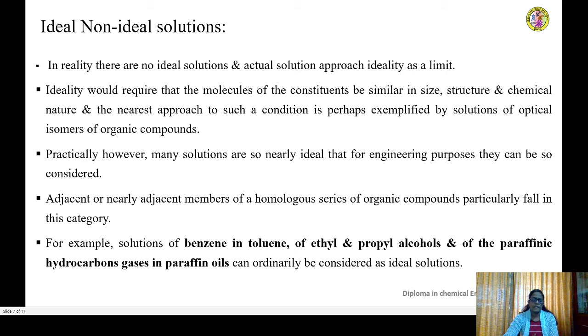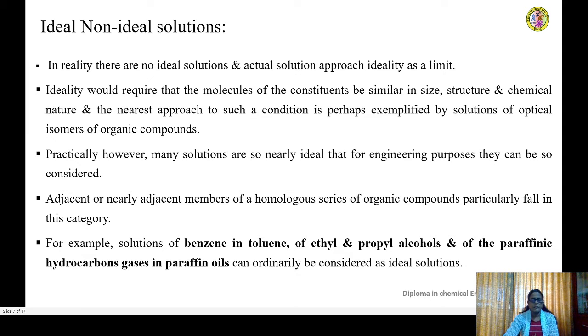So what I'm trying to say is whichever solution is so close to the behavior of an ideal solution, for engineering purposes we can consider them to be an ideal solution. So when you decide a given solution to be ideal in that way, then you can go for a determination of vapor liquid equilibrium without any experimental